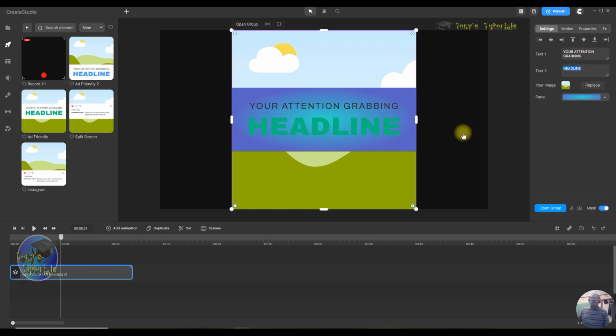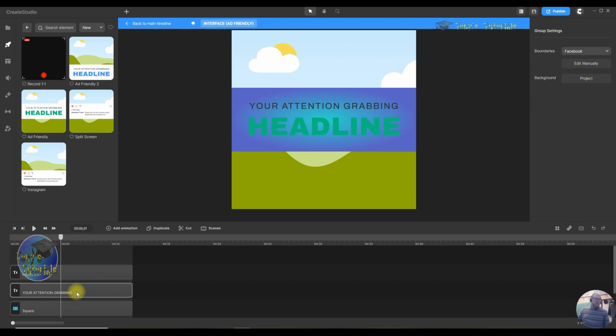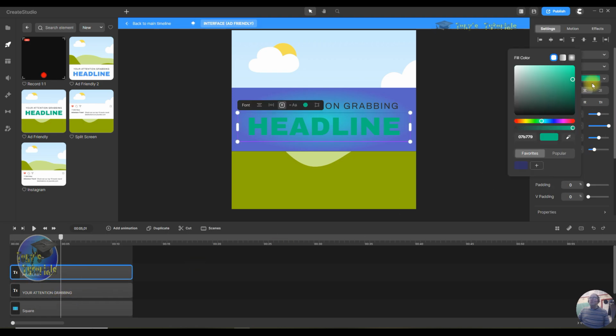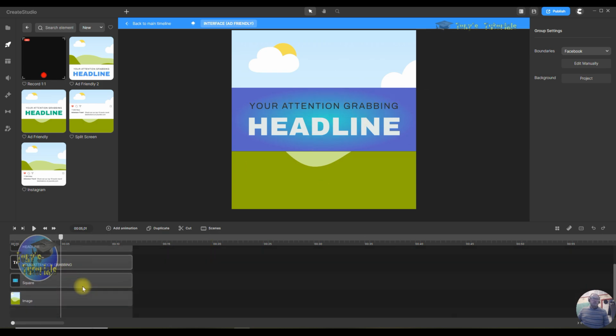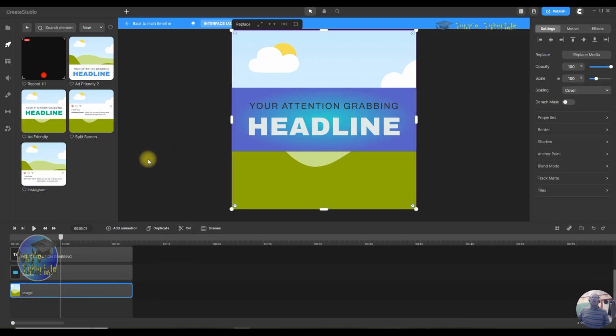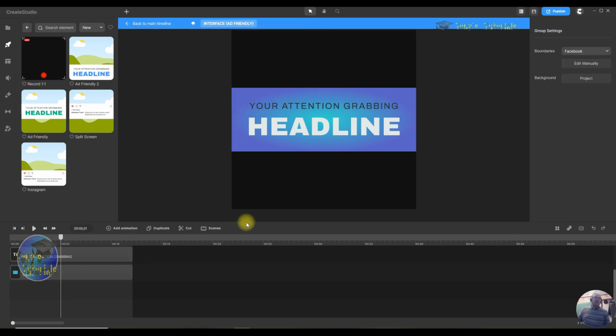Let's change the headline colour to white or something. That's gone a funny colour now, so let's go in there and do that. Headline, change that to white. That's better. Right, so now we're inside the group again. Same again. All you need to do is either change the image or change the words, just the same as the others, and you can just click on the image and remove it, delete the image